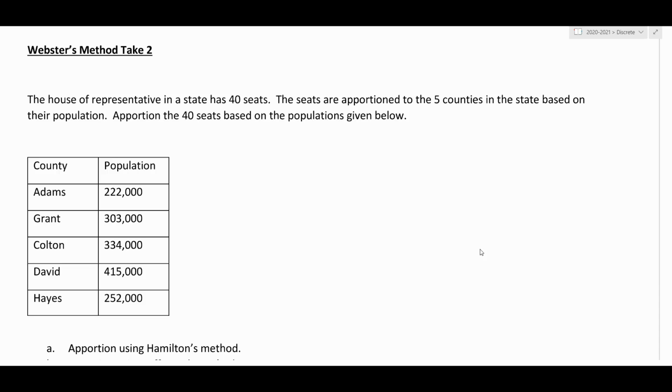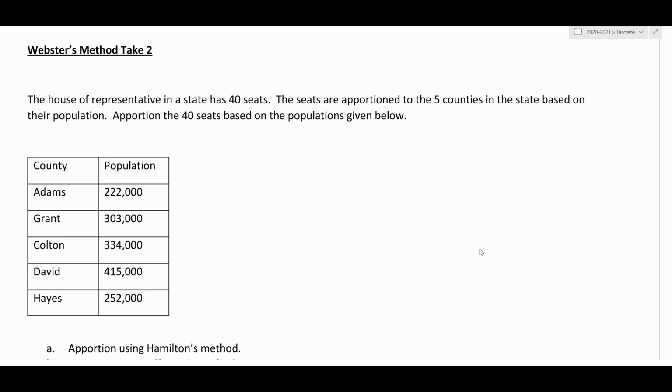Hello everyone, welcome back. Today we are going to spend another day on Webster's method, and this time comparing it to the other methods as well, so we can see them all side by side and just make sure that we're making mental notes of the differences between the three methods that we have learned so far: Hamilton, Jefferson, and